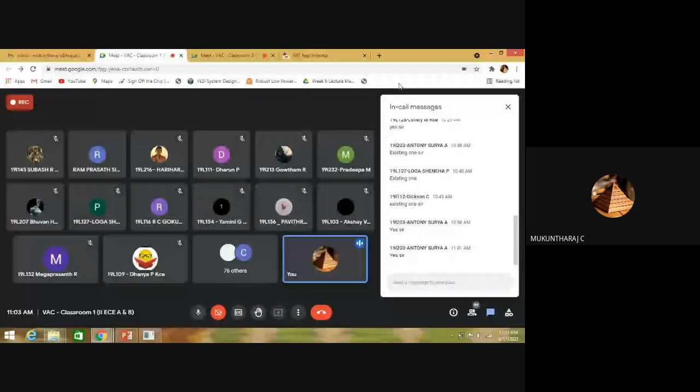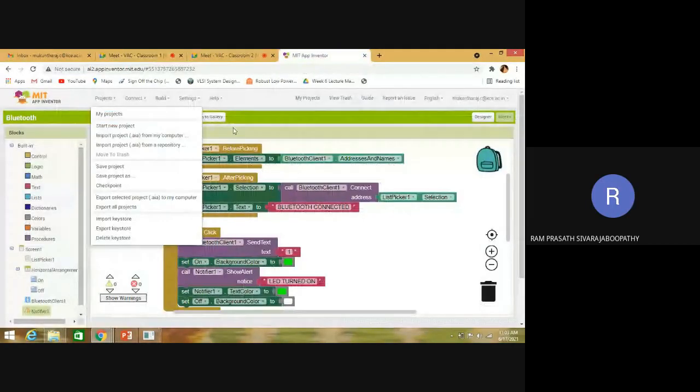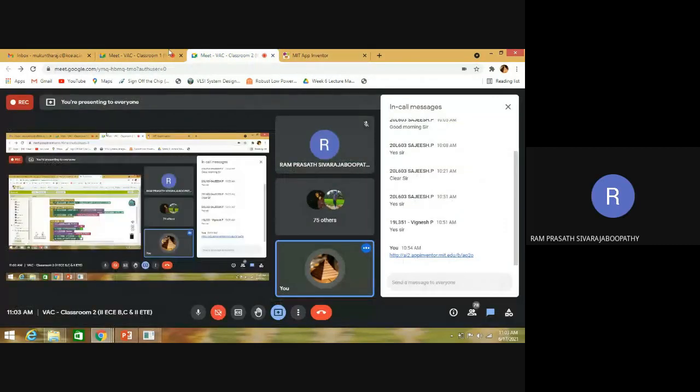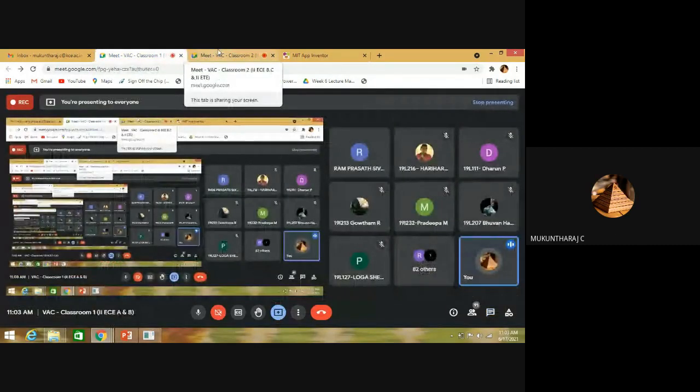Okay, students, I hope my screen is visible to you. Yes, Mohan sir, it is getting presented now. So what we are going to do is, already we have built a voice-based device turn off and turn on system. Also now we have tested a Bluetooth-based device on and off system, right?